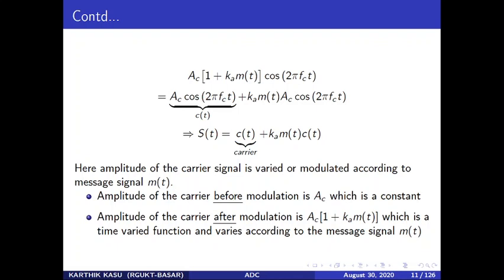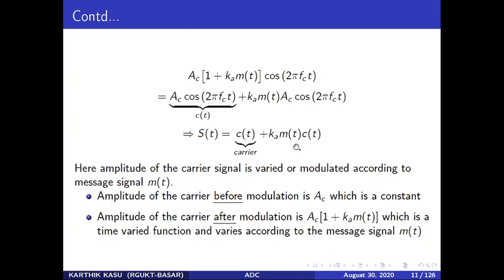You will multiply that message signal with a carrier signal. So here m of t can be anything. It can be voice, it can be video, it can be audio, it can be anything. But what is c of t? As I mentioned just now, it is always a sinusoidal signal. In our case, we have taken it as Ac cos 2 pi fct, with amplitude Ac and frequency fc.